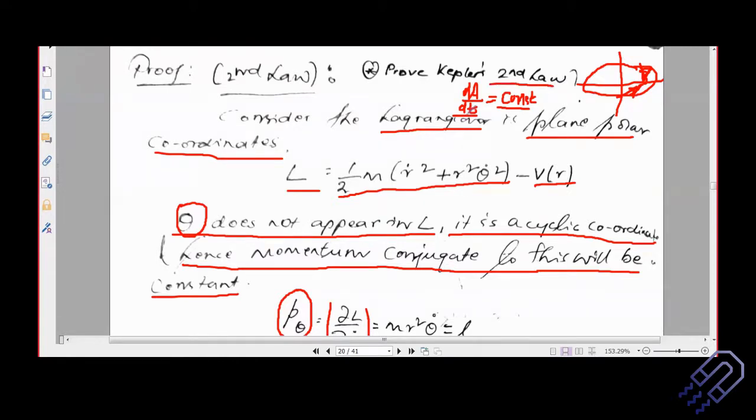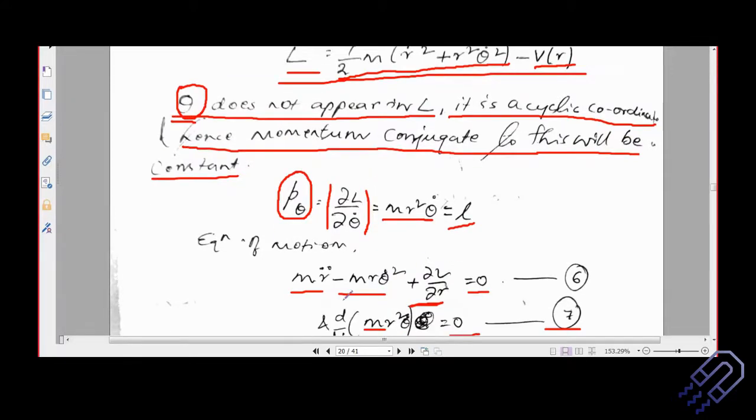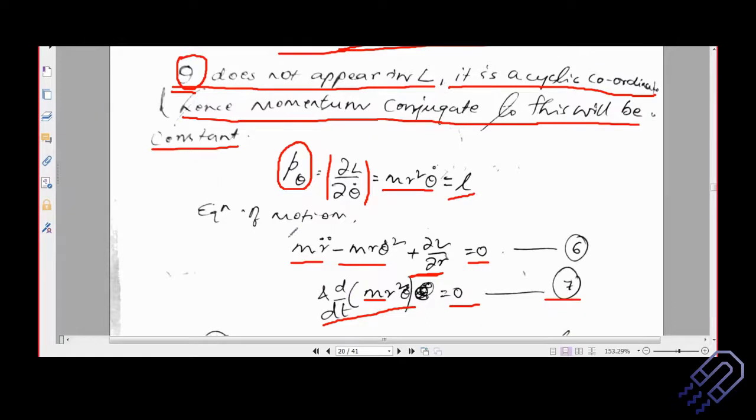We are going to prove that law. For that, again, we are going to concentrate on the Lagrangian. All of you just revise this part. Then we are going to use the fact that theta is a cyclic coordinate and put it in Lagrange's equation of motion. If you put it in d dt of del L del theta dot minus del L del theta, we get d dt of m r square theta dot